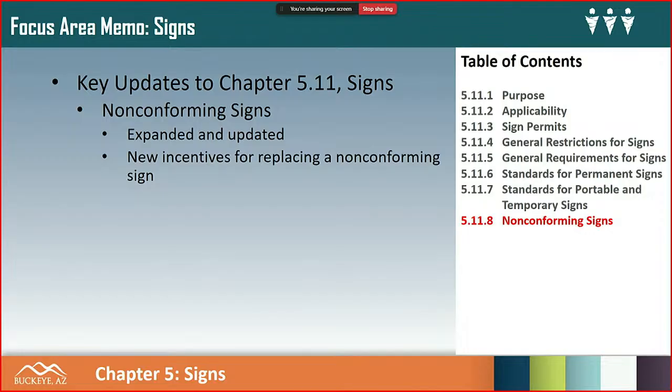So the idea was, we said, look, if you reduce, and I don't remember the exact numbers, forgive me, if you reduce the sign height by 10% or 20% or whatever that threshold is, we're allowing you to build a sign that's bigger than the new standard. So it's reducing the non-conformity without bringing it into complete compliance with the new standard in the code.